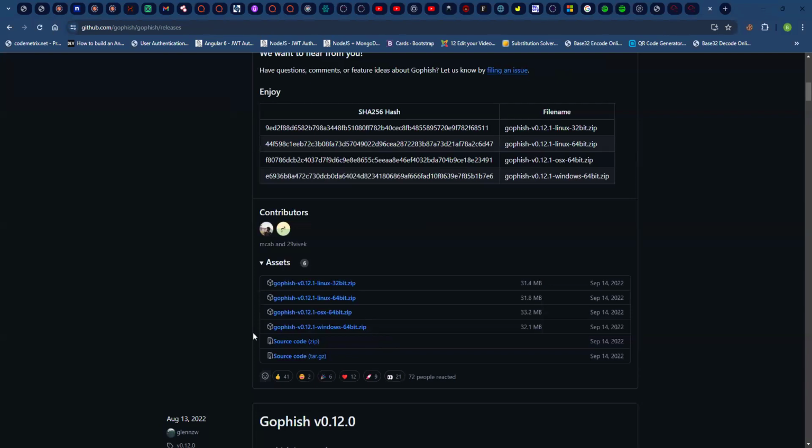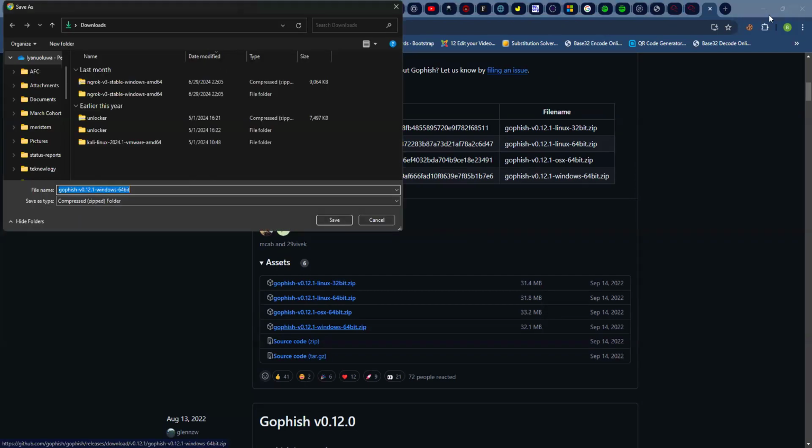I believe most of us are on Windows here, except for Mickey. So Mickey, if you want to set this up, you probably need to download the one for Linux. This Linux 64-bit zip will be the one you have to download for your own system. But for the rest of us on Windows, you can just download this version for Windows. I'm just going to click on this, and that should download the file for me. I'm just going to put it in my downloads folder and save it there.